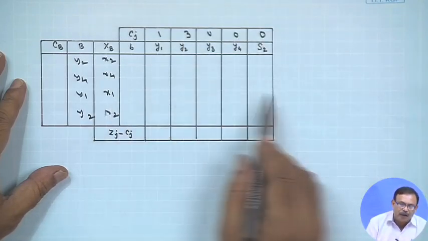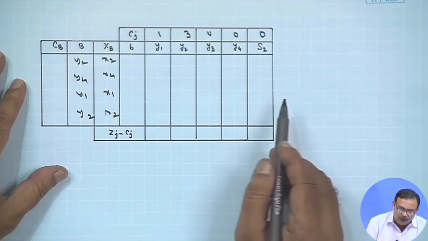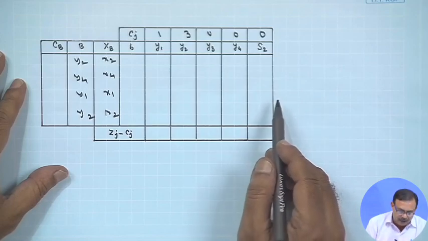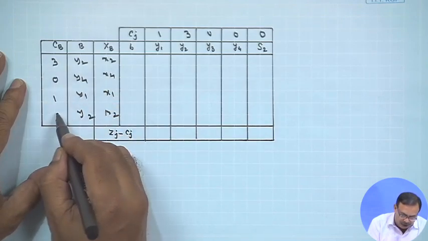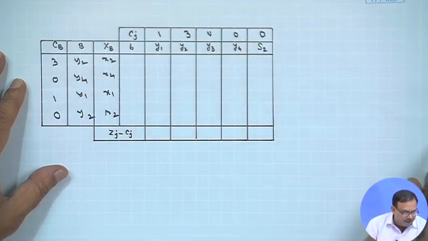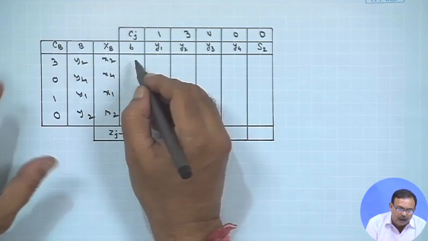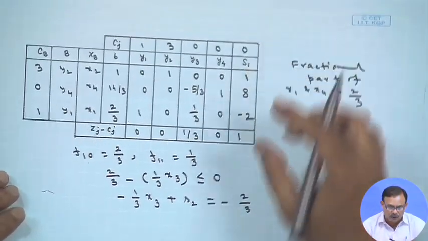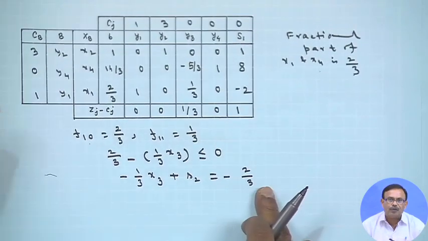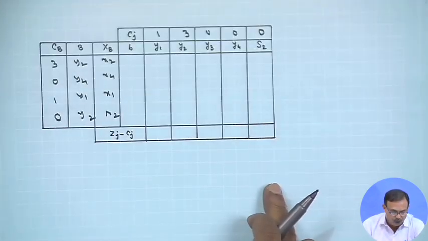The slack variable you see, we are removing from here, because the slack variable is not necessary. So, it is 3 0 1 0 corresponding Cj values, and again what you will do? You will write down this entire table, along with that you will add this row together. So, it will become